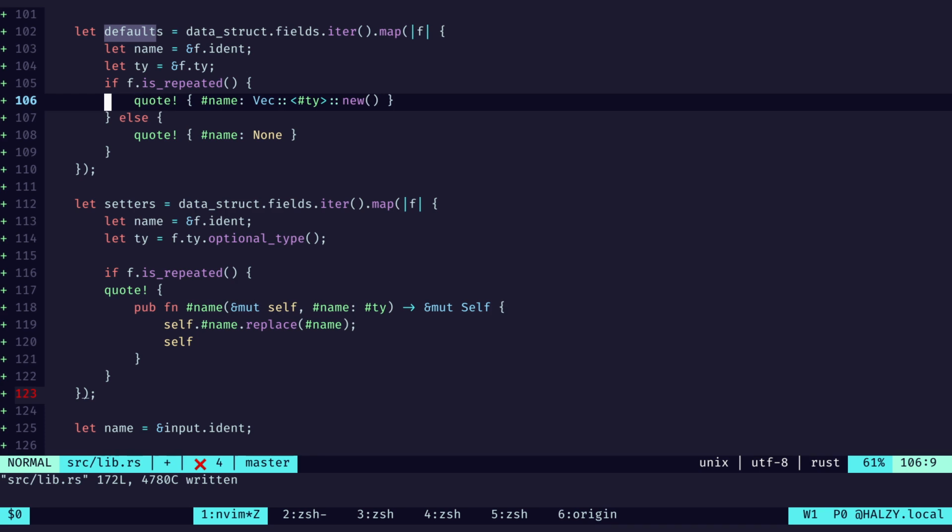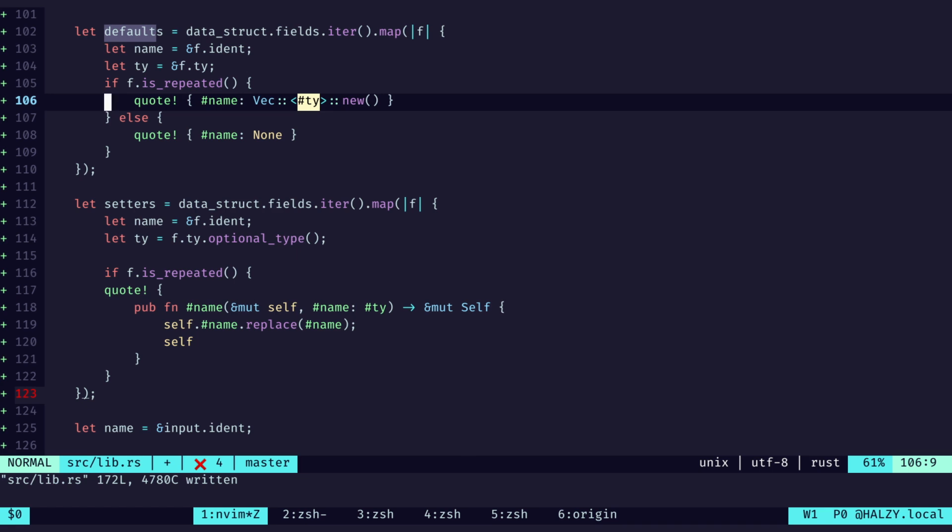this quote macro here, the way that it actually takes ownership of these values and provides them in here is via the pound sign. So in this case, we are generating a token stream, which in the way that a proc macro works, you take an input of a token stream and you provide the compiler with an output of a token stream. So tokens come in, tokens come out, right? It's essentially the